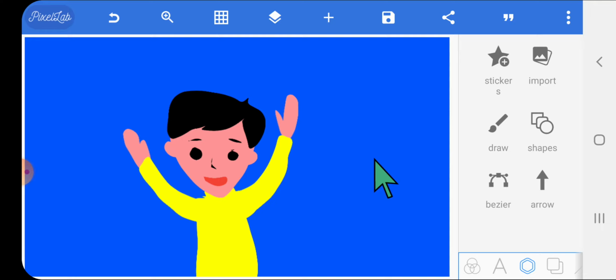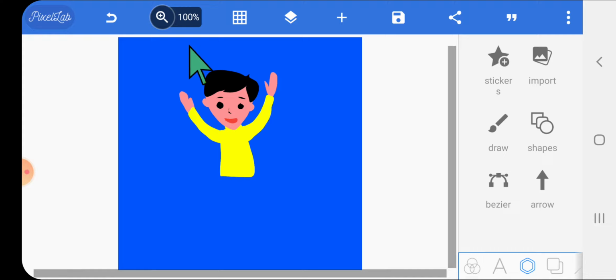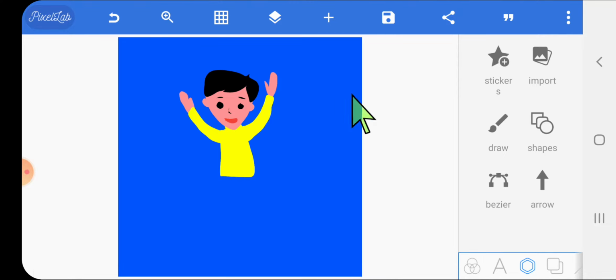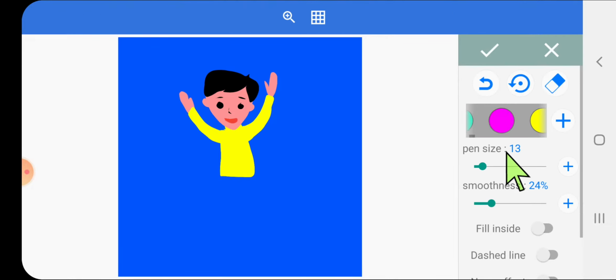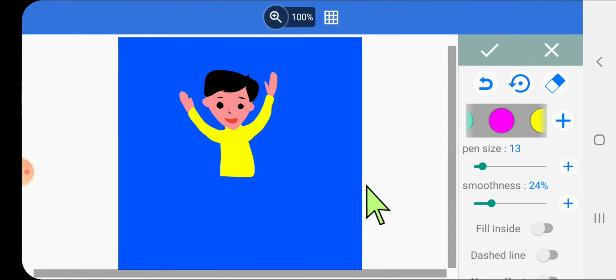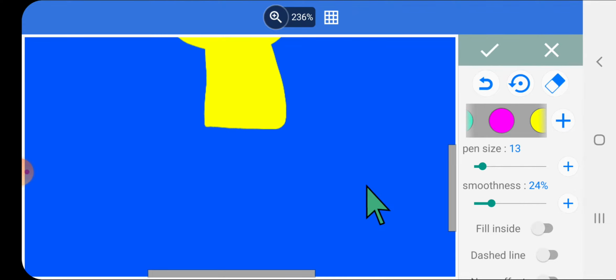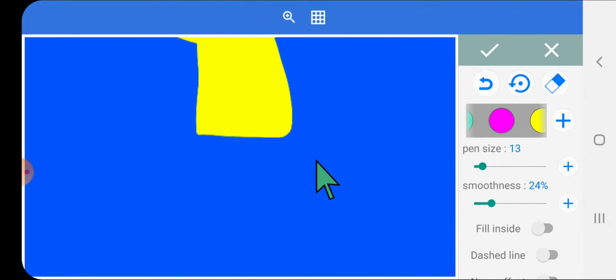Now let's draw the pant. Let's zoom out first. Select the draw tool. Select this purple color. Zoom in. Here we are going to draw.